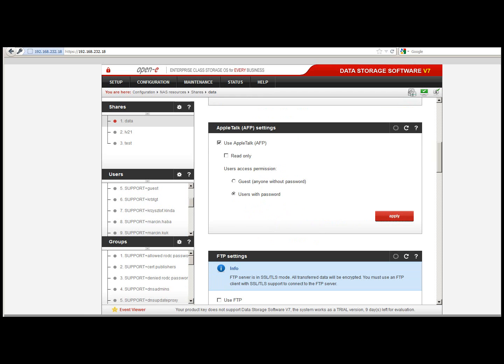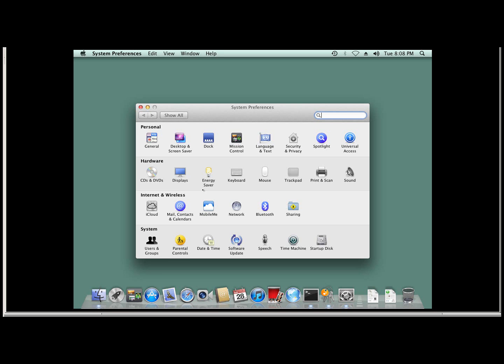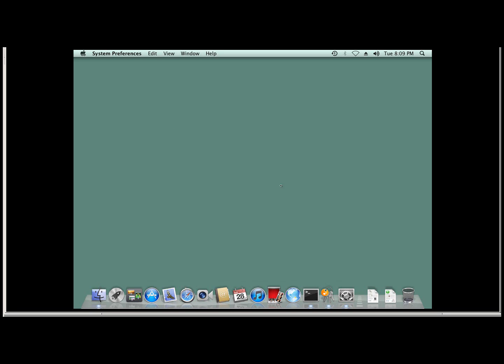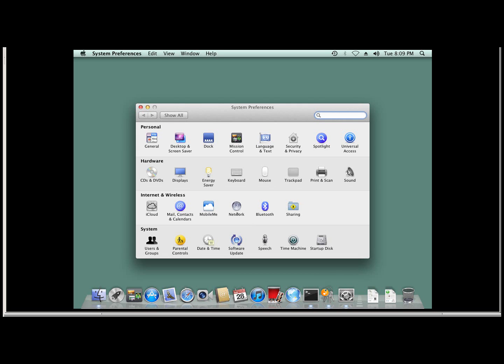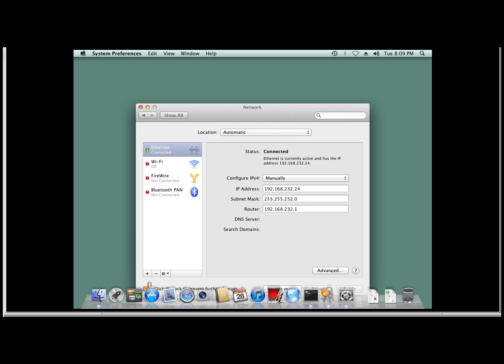What we'll do is bring up the Mac system that we have here. One of the first places I'm going to go, I'll just drop this down so I can show everybody, is System Preferences. We want to make sure the network settings, again, we're back to the DNS settings. So let's go to the network. We need to go to the advanced settings because we want to put the DNS server as the IP address of the ADS server. So we'll go to advanced